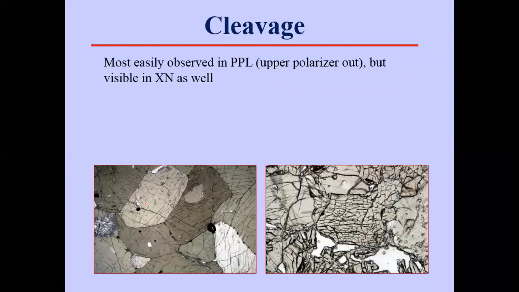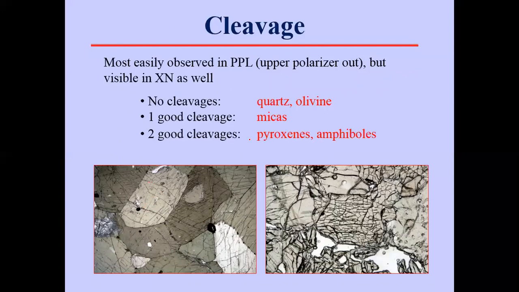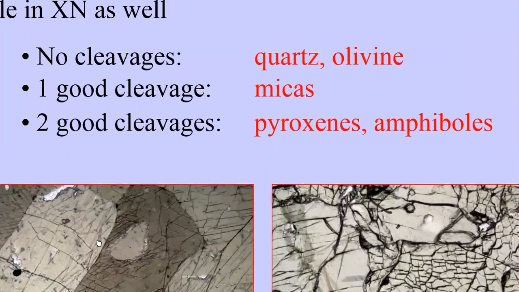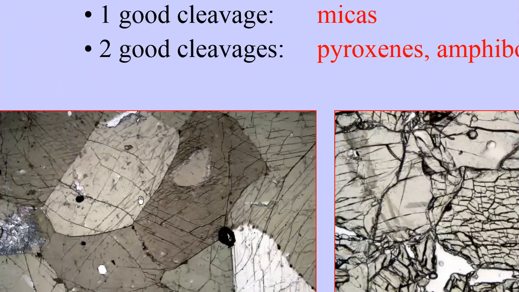यहाँ पे अगर आप देख लें, quartz has no cleavage, mica possesses one cleavage, or on the other hand, pyroxene and amphiboles have two cleavages. अगर आप यहाँ पे देख लें, these are the cleavages. जो lines हमें नजर आ रहे हैं, these are the cleavages. These lines indicate cleavages.